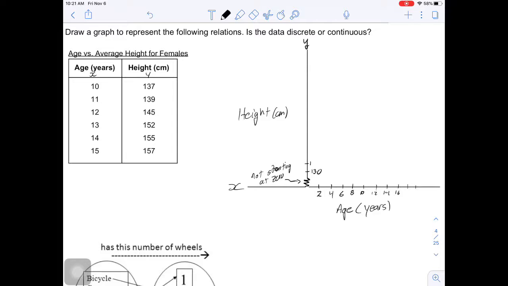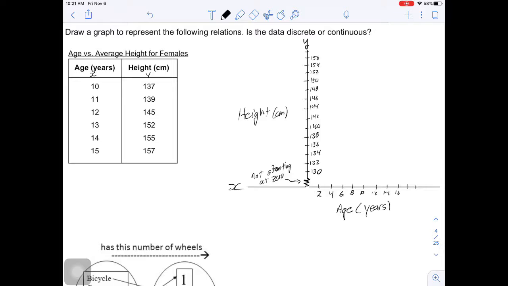Okay, so 130, 132, 134, 136, 138, 139, or that would be 140, sorry, going up by 2s there, 140, 142, 144, 146, 148, 150, 152, 154,